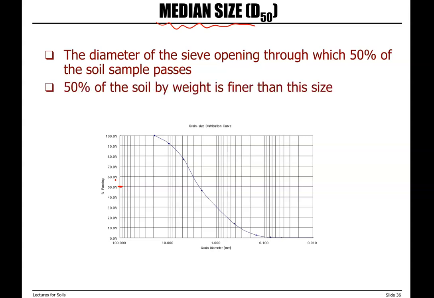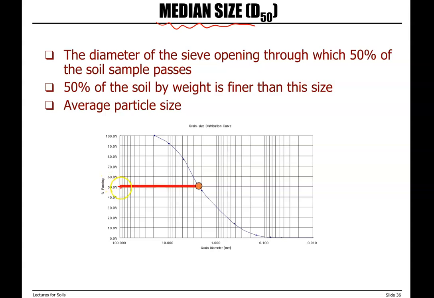50% of the soil by weight is finer than this size. So we are looking at percentage passing of 50%, and want to see that 50% of the soil that we have is finer than this specific size. This is also referred to as average particle size. So for median size, which we call D50,